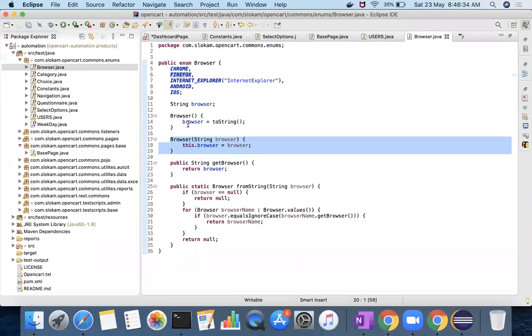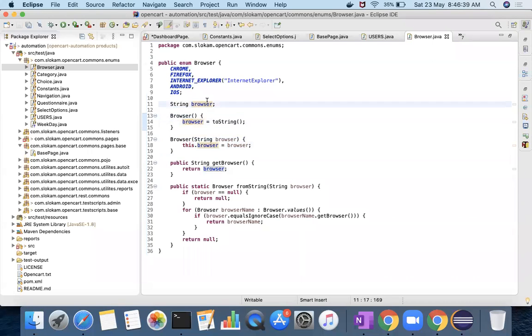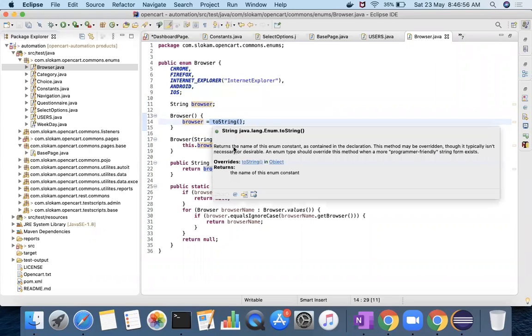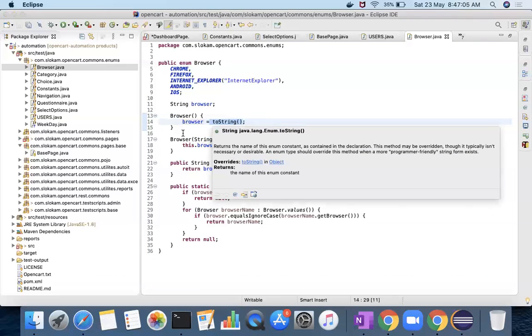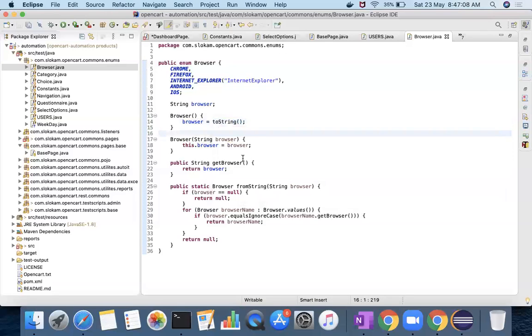In the zero argument constructor, if you don't pass any value, the string variable browser will be initialized with the toString value. toString means this Chrome will be converted into a string. It returns the name of the enum constant as contained in the declaration, though it typically isn't necessary or desirable. Now the next one is